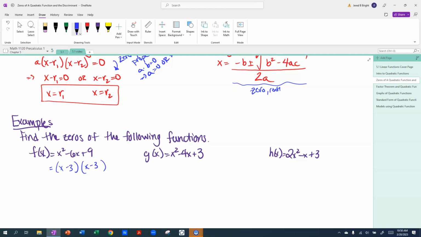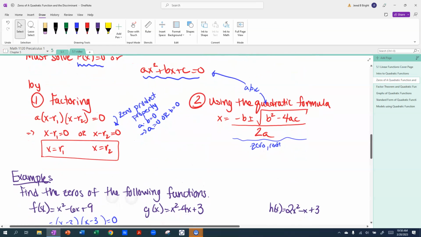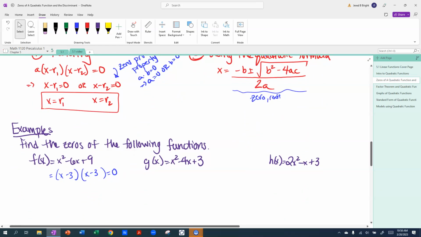If you need help factoring, that's a prerequisite skill for all this, so if you have questions, you might need to review factoring on your own or consult me outside of class. Then, according to the definition, I need to set the quadratic function equal to 0,